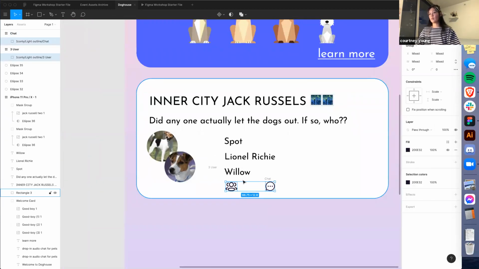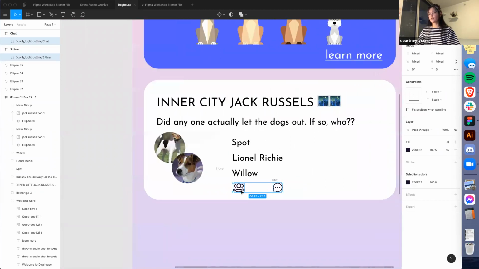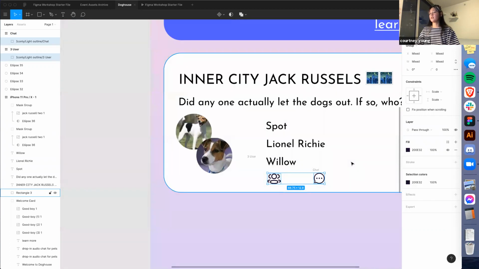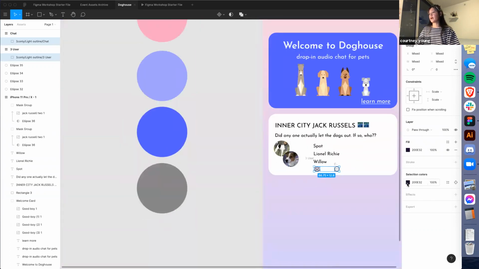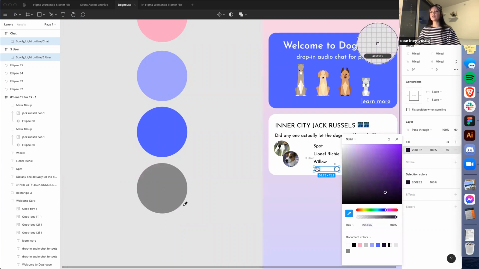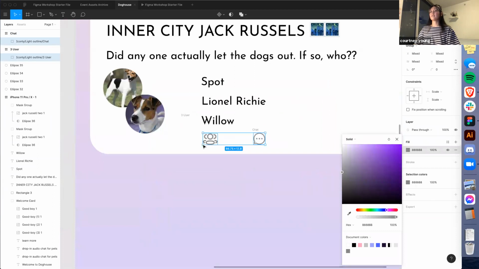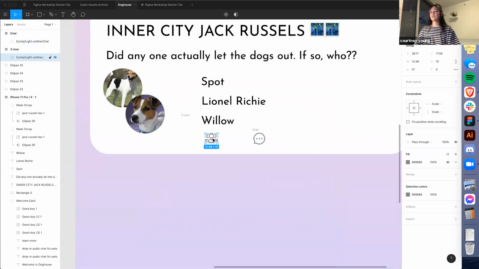But right now the stroke on these icons has a fill of this purpley color, but I'm going to change it to gray by selecting the fill, doing the same color tool as before. And yeah, I believe,